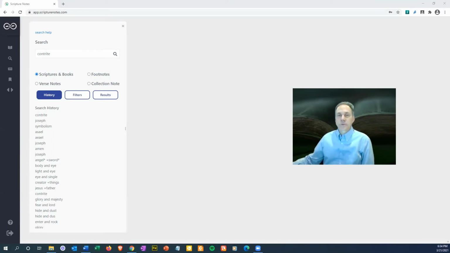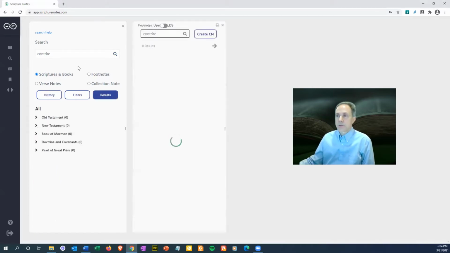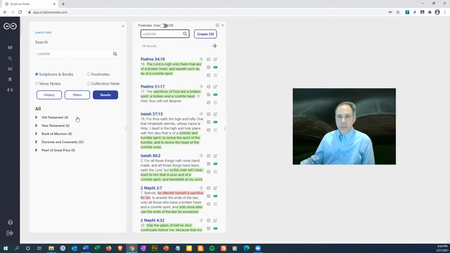I thought I would do a quick tutorial on something that came up this morning. My wife asked me how she would go about studying the word contrite in the scriptures. So if we go over to our Scripture Notes and do a search for the word contrite, we get 24 results. We can see there's 4 in the Old Testament, 8 in the Book of Mormon, and 12 in the